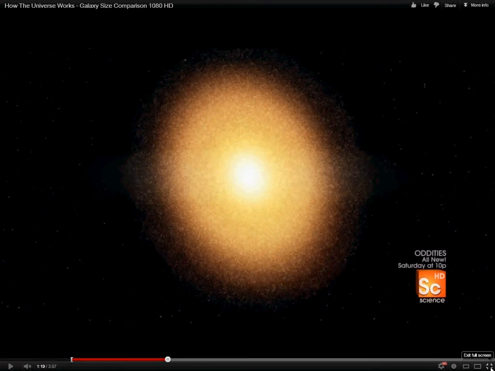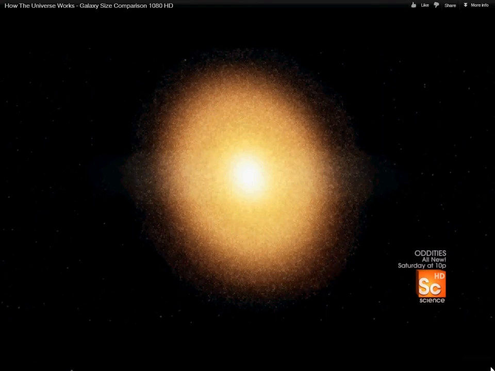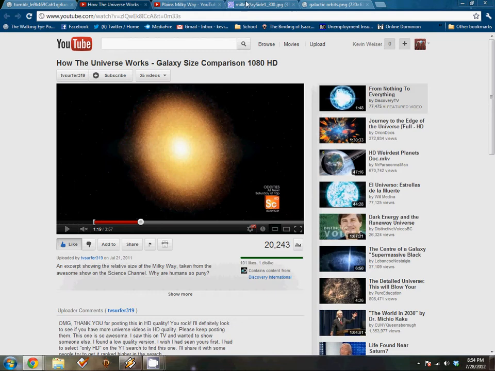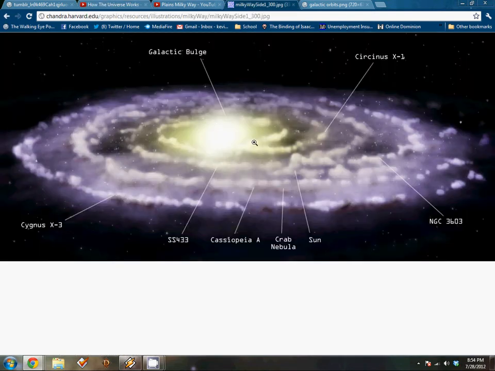Let's see here. So the basic structure of the galaxy is something like this. It is a barred spiral. As all the different particles rotate, they flatten into a disk like this, and then because of the spiral density wave property, they further get constrained into these very specific spirals here, which our sun is a part of.